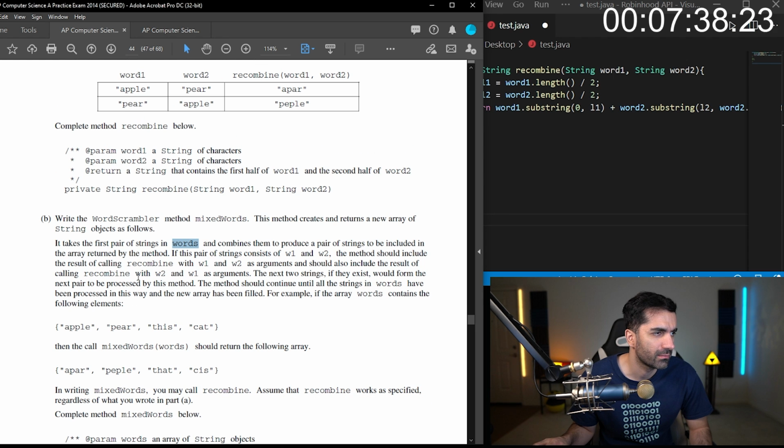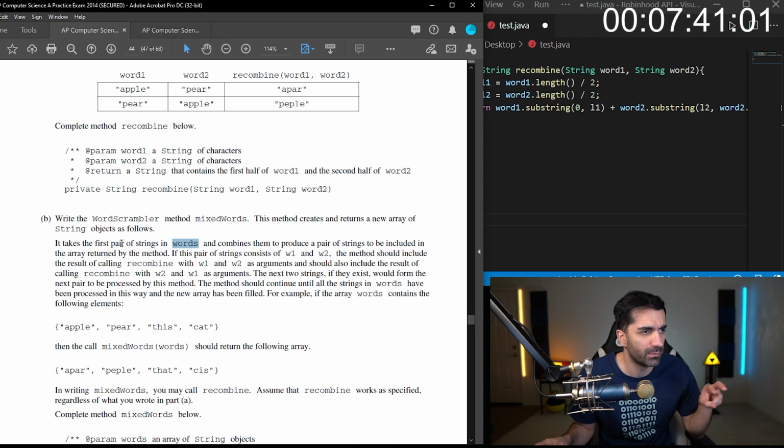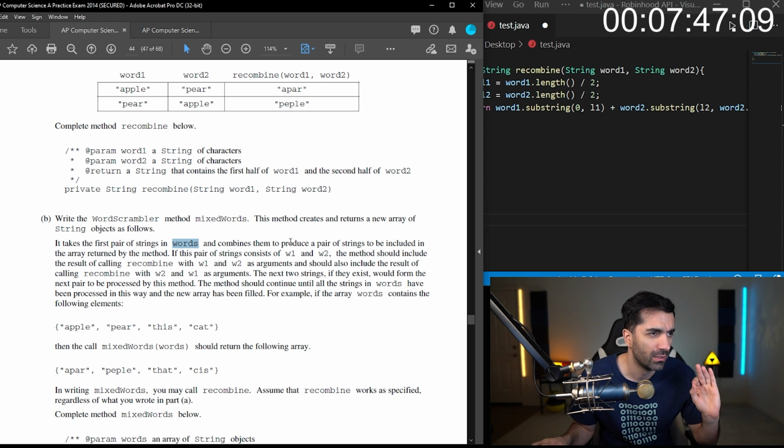So it takes the first pair of strings, combines them, and we know that it's an even number of strings, right? I think it said that somewhere. And combines them to produce a pair of strings to be included in the array returned by the method. If this pair of strings consists of W1 and W2, the method should include the result of calling recombine.